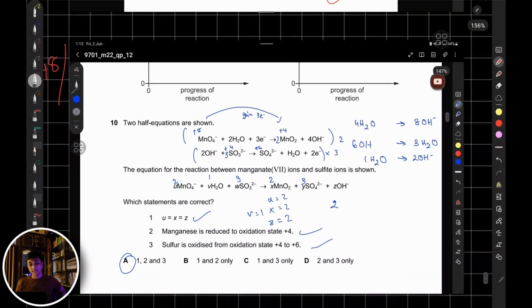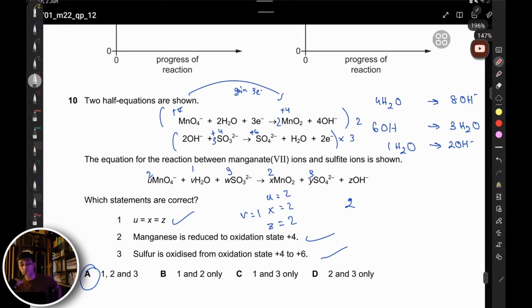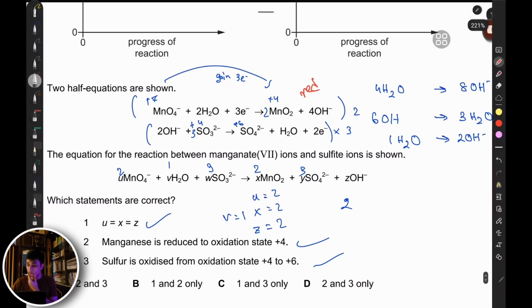Last question for this series. Question 48. Two half equations are shown. Oh, redox reaction. Manganese reacts with water, gaining 3 electrons, to form manganese oxide and 4 OH minus ions. So this is reduction. And sulfite